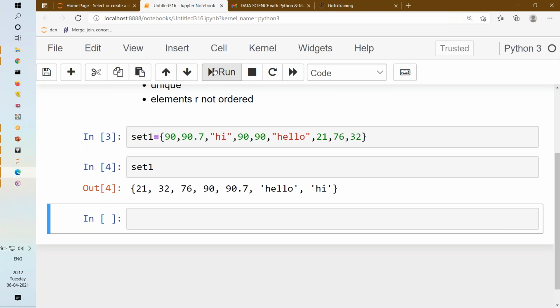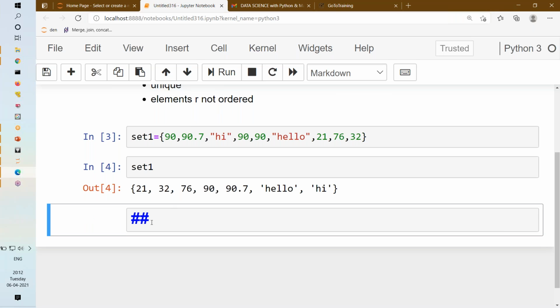This is one of the unique properties. Set will not accept duplicate elements. So this is how we can create a set, right? I think it is clear that elements are not ordered and unique. Now we will see, once we have created a set, tell me whether I can do indexing or